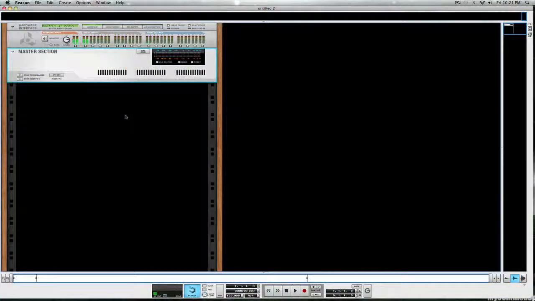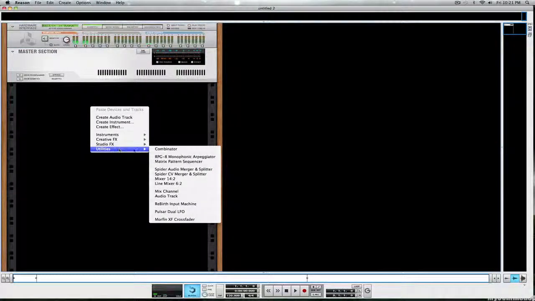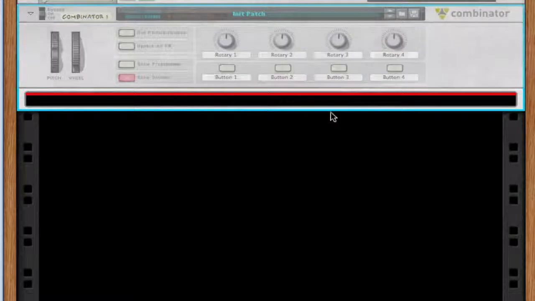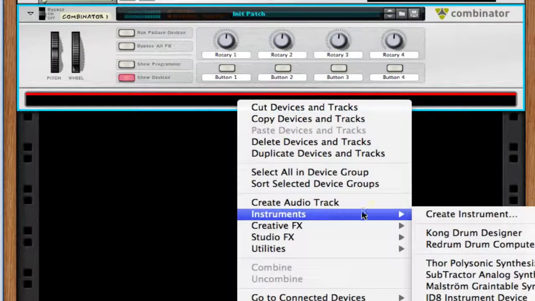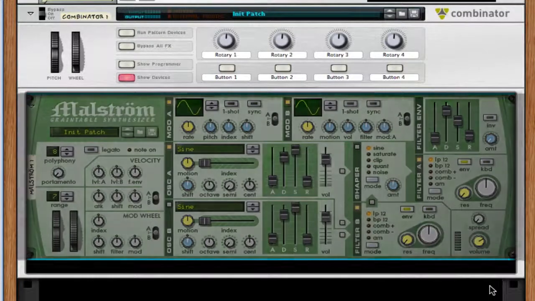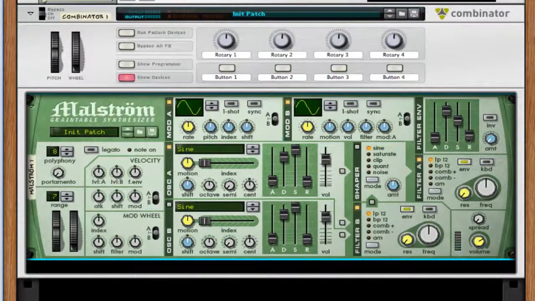Okay, so one of the ways I'm going to show you how to create a combinator is by right-clicking, going to Utilities, and creating a combinator. Inside this combinator, I'm going to create a blank instance of Maelstrom. Doesn't matter what BPM or rhythm you have it set to, whatever you play with this synth will still come out the same. So one of the things I'm going to do is turn my polyphony to 1, my range to 1. I'm going to turn on my index all the way, and I'm going to do the